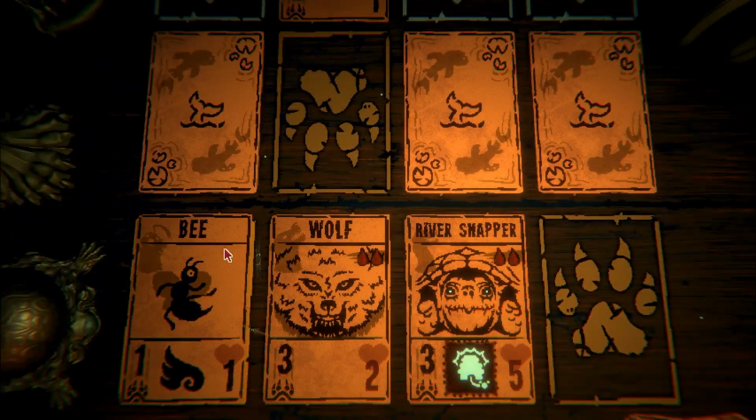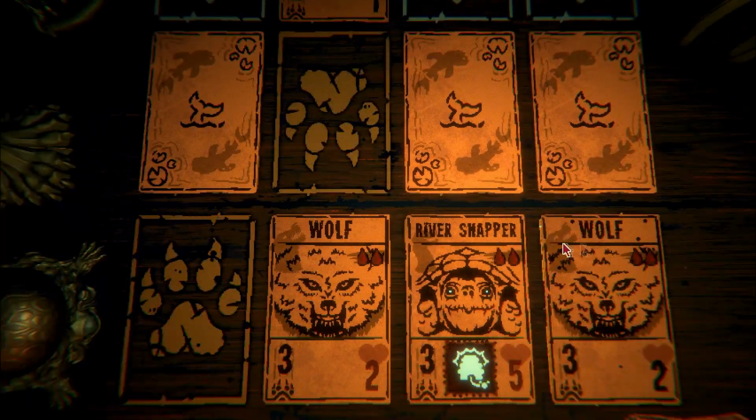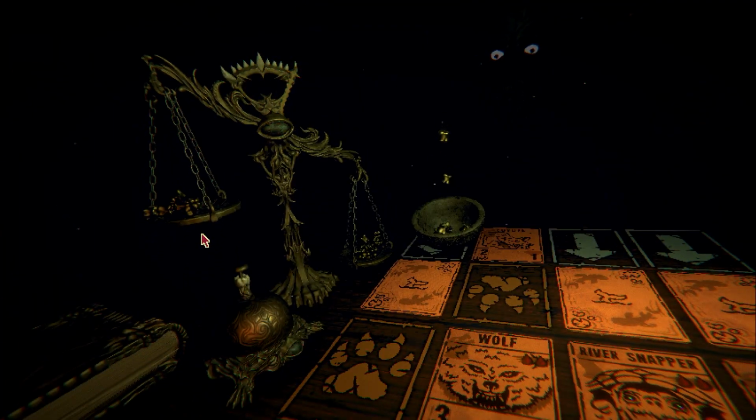Oh, you're free. Can I sacrifice you? I think you're dead, right? 9 health? We have like a total of 10 on the scale, so...